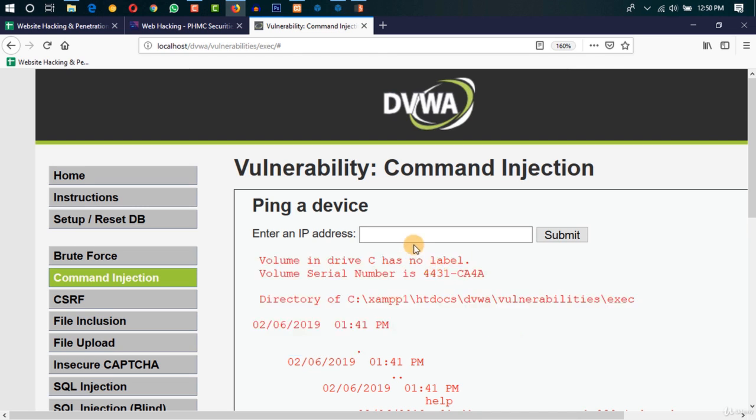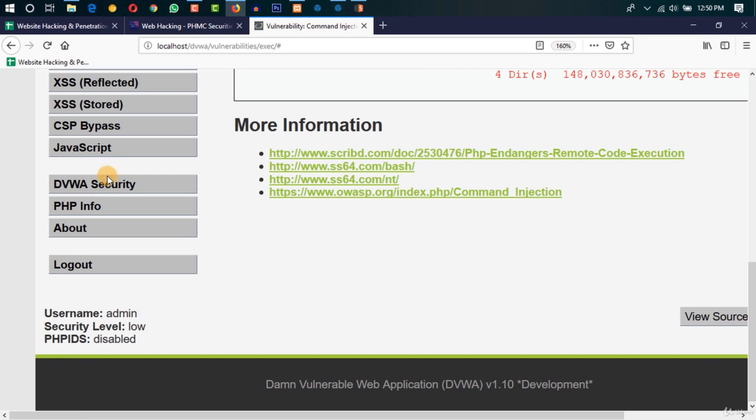So we learned three things. The semicolon means the command has been terminated, and this is the second command. The ampersand means first command and second command. The or sign, which is the pipe sign, means first command or second command. That's the thing. When you go to the medium security level